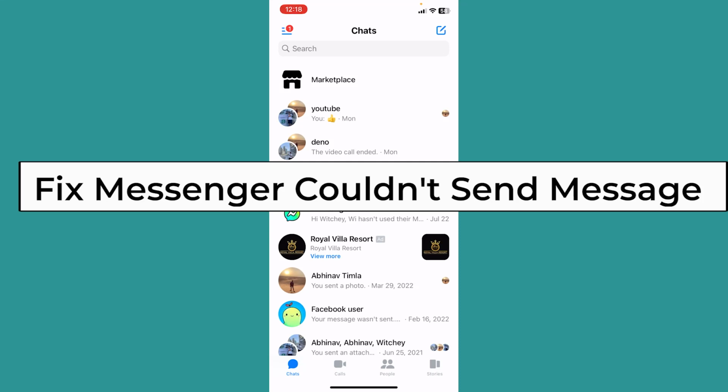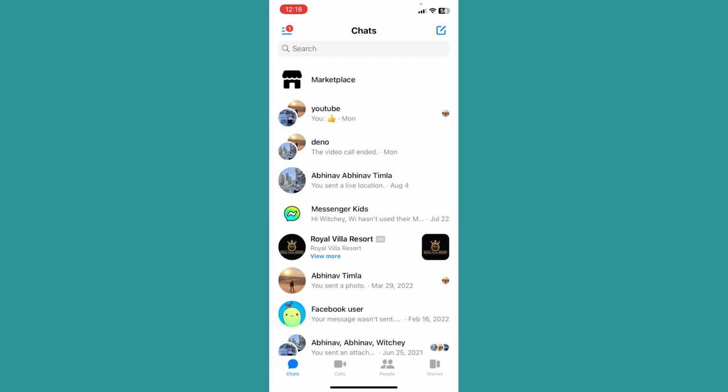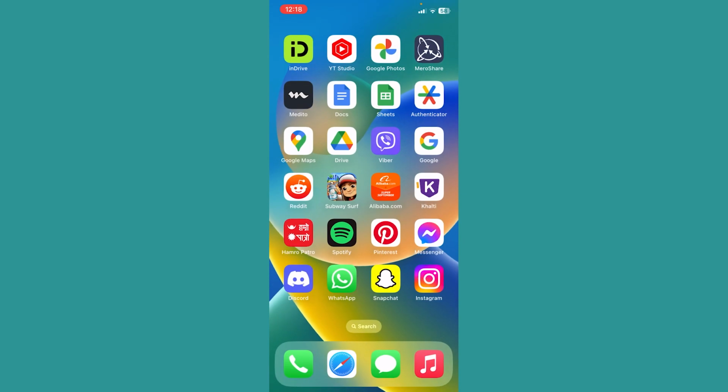Today I'll be teaching you guys how you can fix your Messenger couldn't send the message problem. If you're unable to send messages on Messenger, the first thing is to check your internet, because sometimes slow internet causes this problem. So if your internet is still not the problem, then the next thing is to check if the Messenger server is down